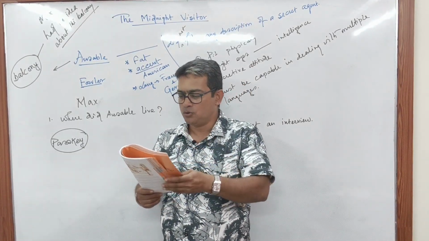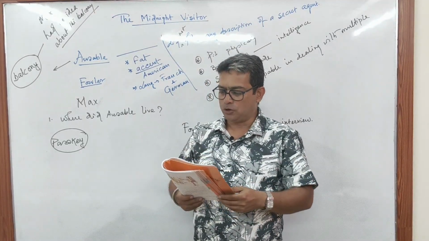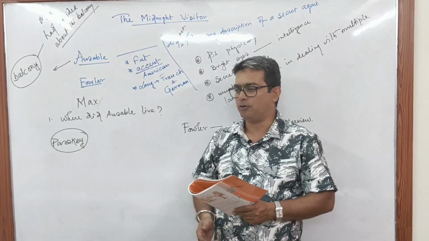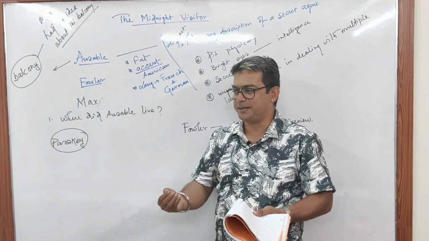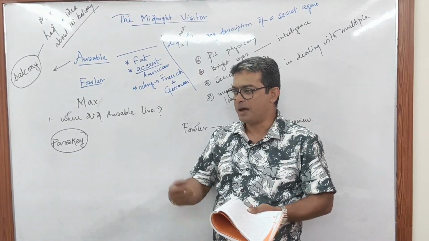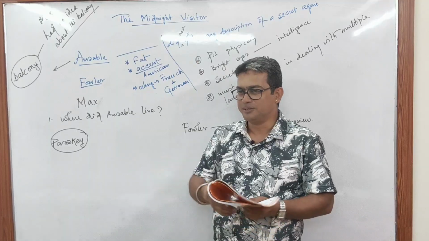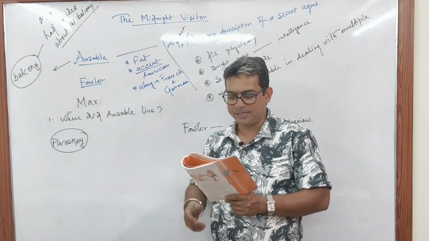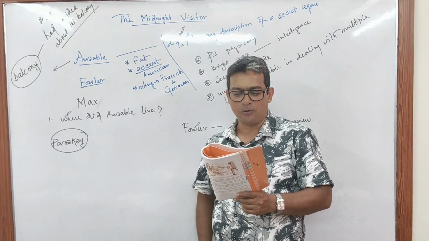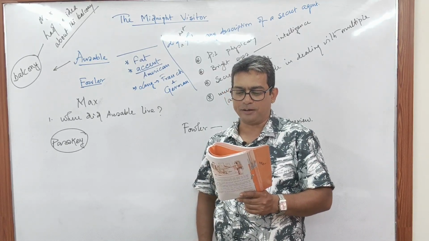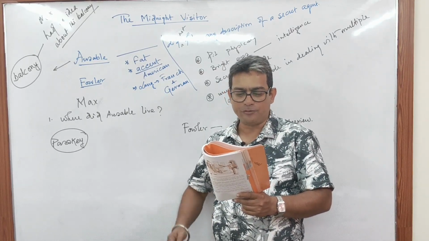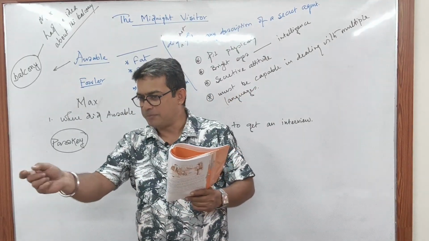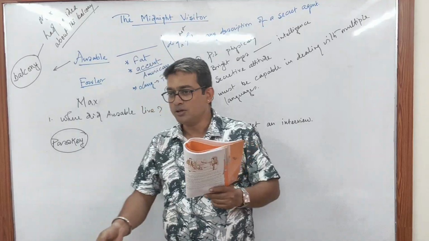Max glanced at Fowler, who was standing stiffly not far from Ozabel. Max তখন কাকে দেখছে? Fowler, and Fowler is experiencing this kind of thing for the first time. A man holding a gun towards a spy, towards an agent. Max waved the gun with a commanding gesture. গানটা নিয়ে এরকম কমান্ডিং জেস্চার করলো, কি? টু সিট ডাউন।